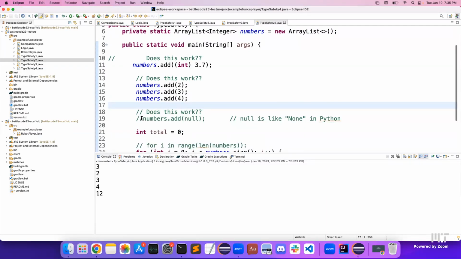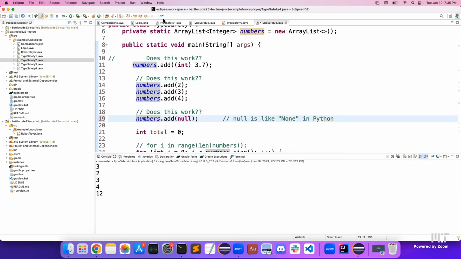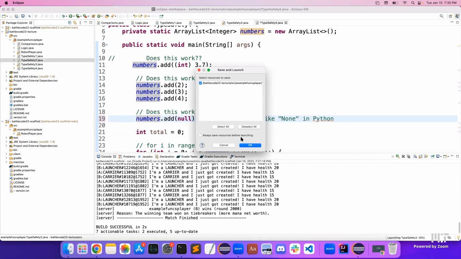And then now let's say that we want to add numbers.add null. Does anyone think that this will happen without an error? Well, if we were to run this, we can see that